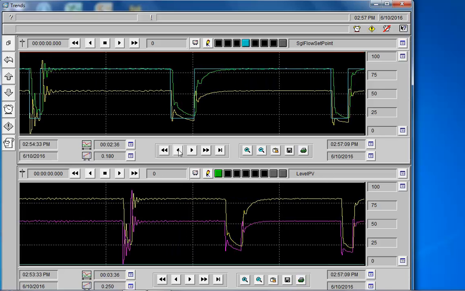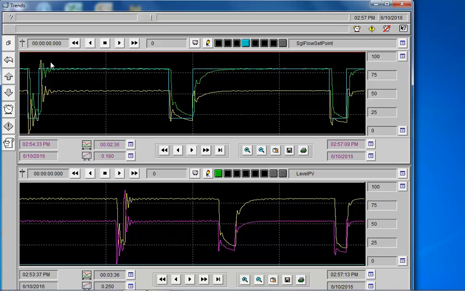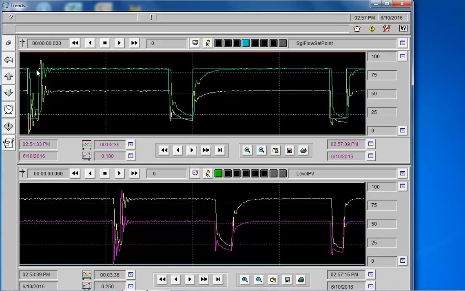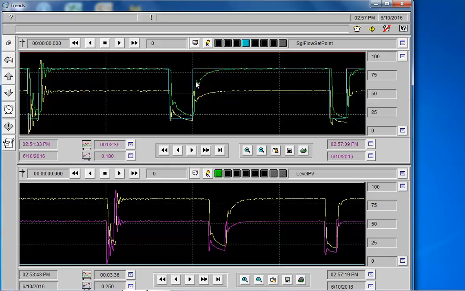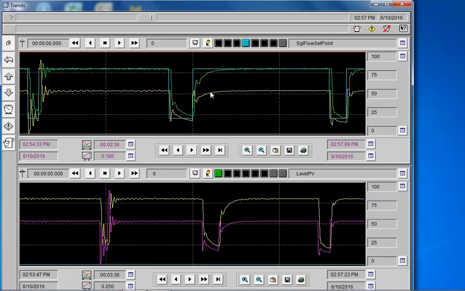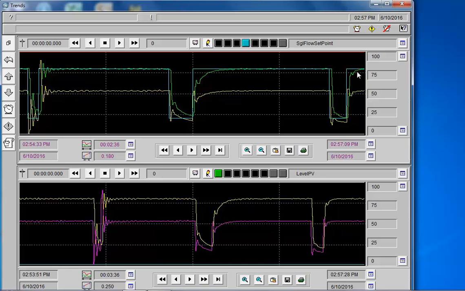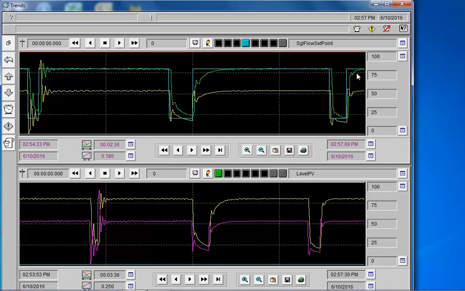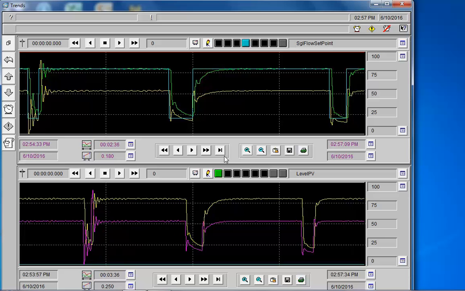Now we can pause this and just check, see what we're seeing here. So in the first instance we have overshoot on our flow. In our second one we have no overshoot but a very slow response. In our third and most recent one here, we are getting quicker but no overshoot. So returning to real time,